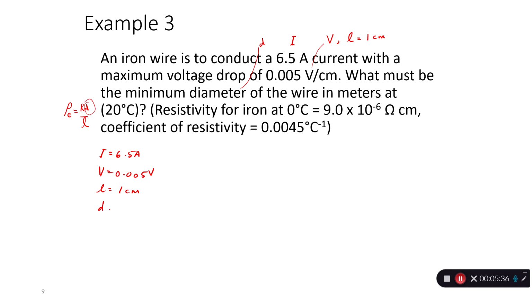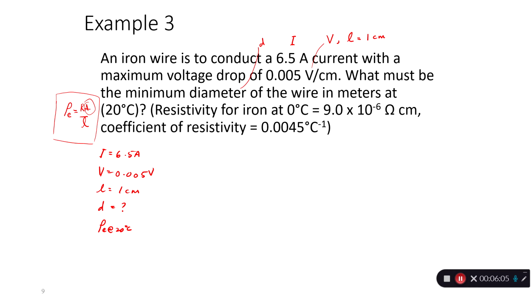Diameter is unknown. And what else? We need resistivity at 20 degrees. Before we apply this equation, because this equation is the one that will allow you to find diameter from the area, just